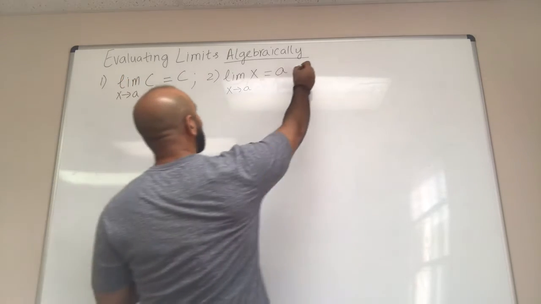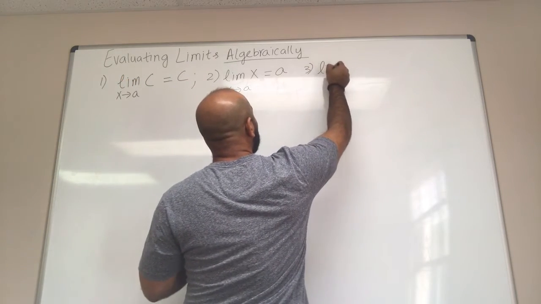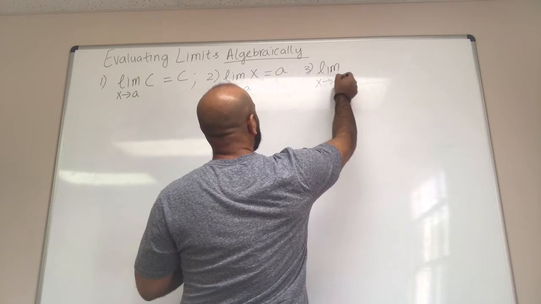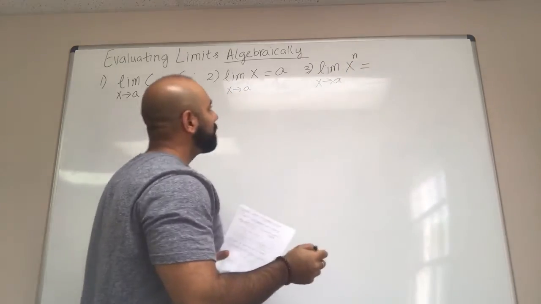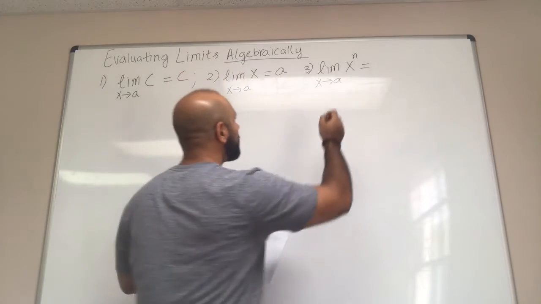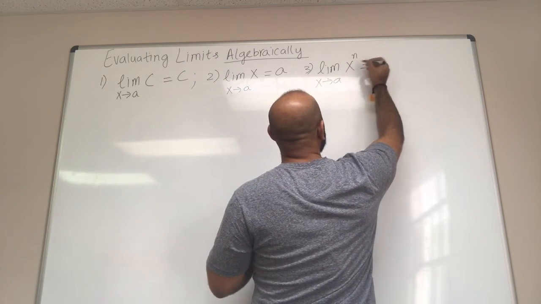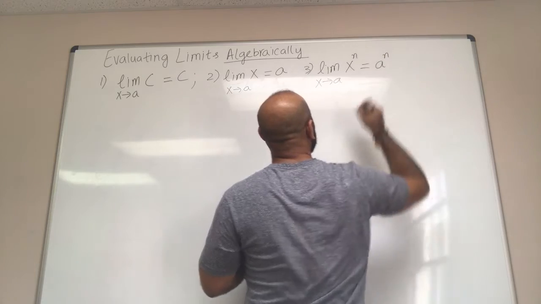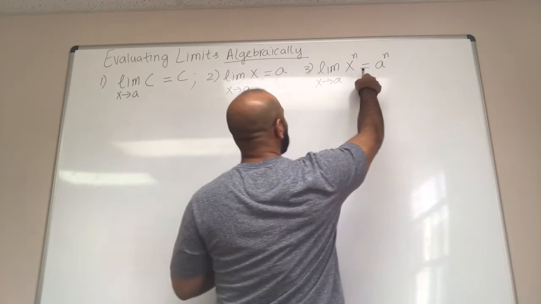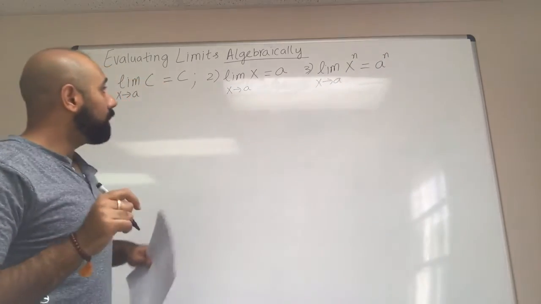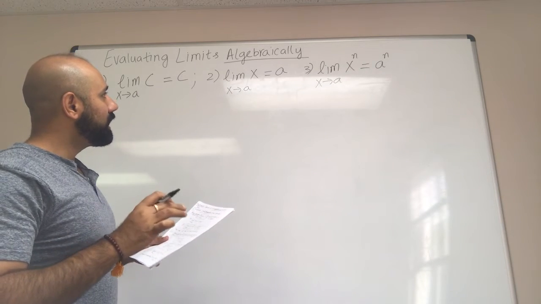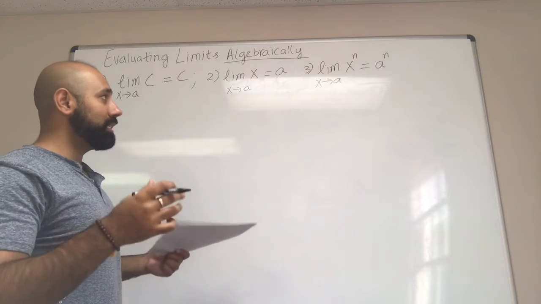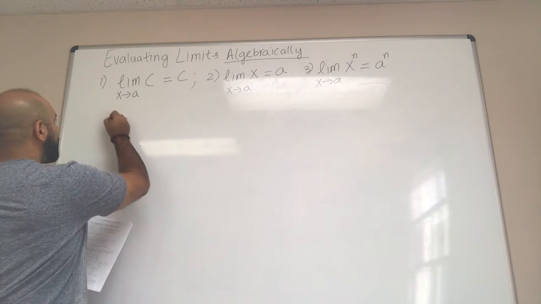And then the third one is basically for any polynomial function of the form x to the power n, the limit can be evaluated just by simply substituting x equal to a, so it becomes a to the power n. So this basically is a consequence of number 3. Okay, so let us keep these three in mind, and using these three, let's go ahead and now try to do some examples. The first example